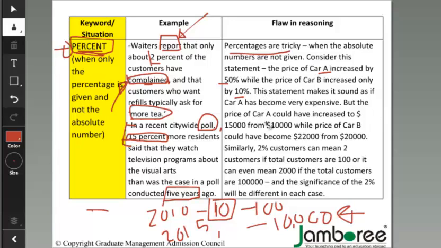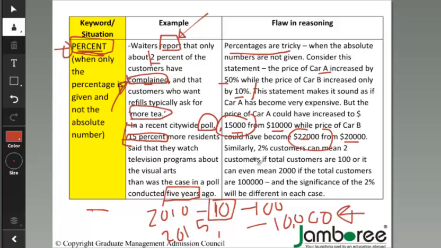But let's say the price of car A was 10,000, and it became 15,000, while the price of car B, from 20,000, could have become 22,000. So this 22,000 is far more than the 15,000, right? So unless you have the absolute numbers, you cannot compare percentage by percentage. See, in a GMAT argument, what would happen is that they would say: the price of car A increased by 50%, while the price of car B increased only by 10%. Therefore, car A has become more expensive for the residents, but that does not make sense because you don't have the